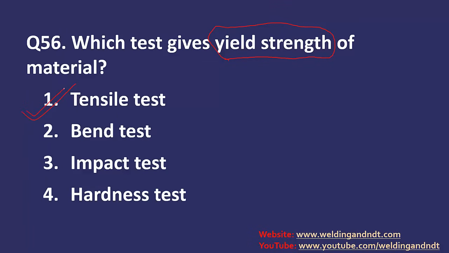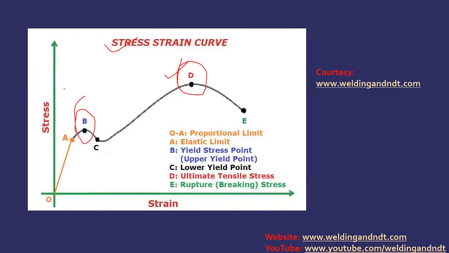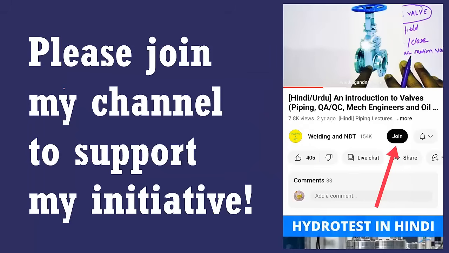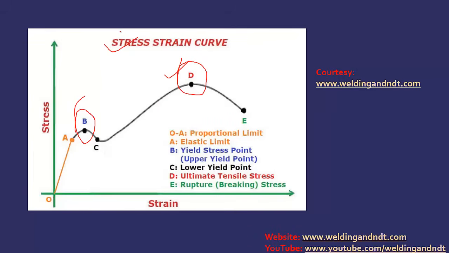And in fact in your MTC, material test certificate also, whenever you verify the material test certificate in raw material inspection, you need to verify the tensile test values like yield strength, tensile strength and percentage elongation. So this is a very important test and it is used everywhere in the industry. Even I've explained about this stress strain curve and tensile strength in my website and my YouTube channel also. I've taken this photograph from my website